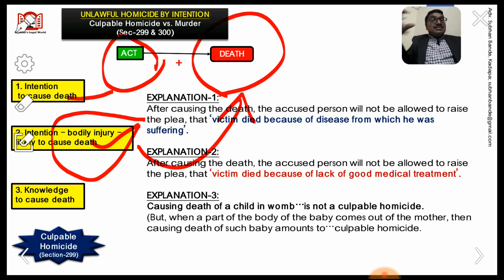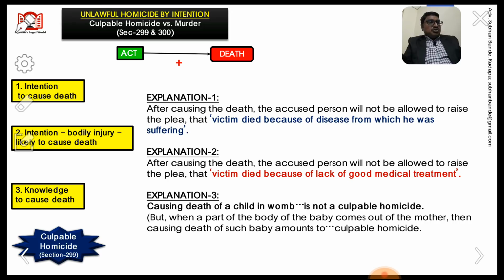Here he has intention to cause bodily injury, and that bodily injury is likely to cause death. Here the death is caused through the bodily injury. His ultimate intention is not directly to cause death, but the death should be caused through a bodily injury. This is the second kind of